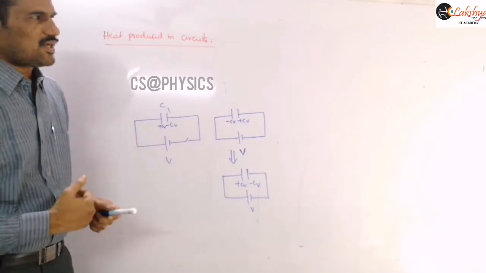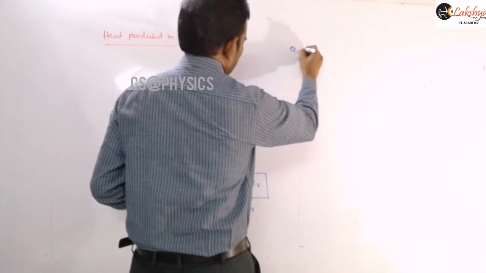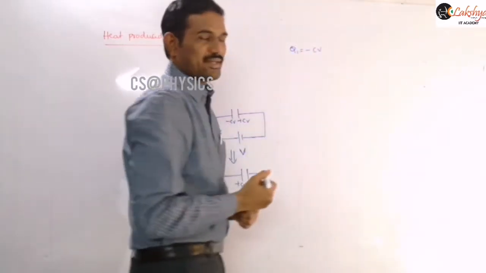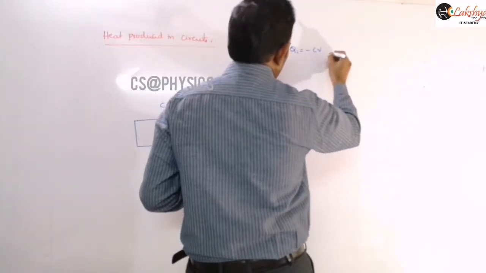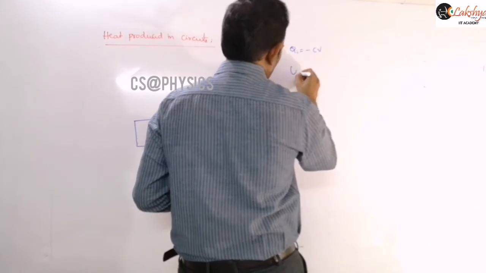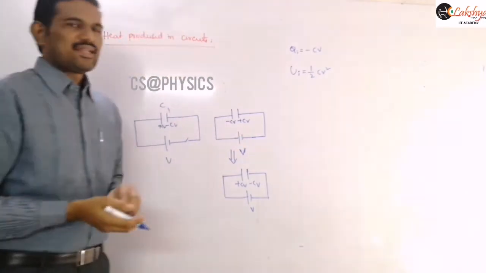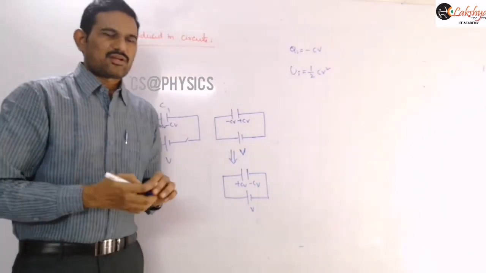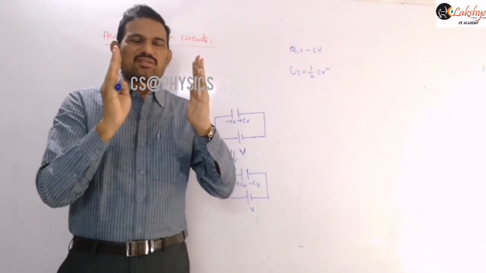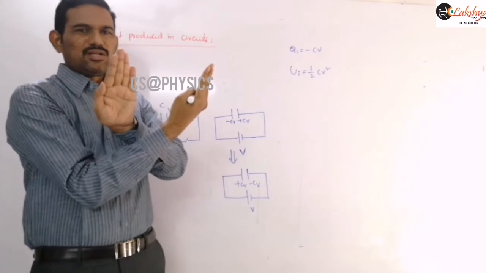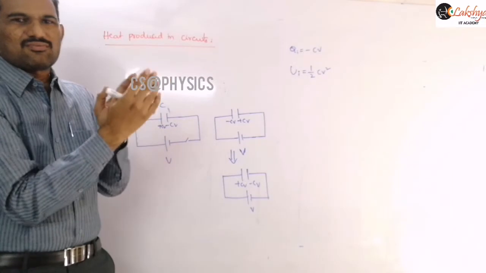So let us write the initial energies and let us write the total data there. Initial energy: you need to take it as minus CV, because minus CV is the charge on this, and therefore the initial energy will be half CV square. Now you can observe this energy will be irrespective of the polarities. Whether the capacitor is placed with the positive plate on this side and the negative plate on this side, suppose half CV square is the energy there. Even if you rotate the capacitor like this, the energy stored in it will be half CV square only, right?